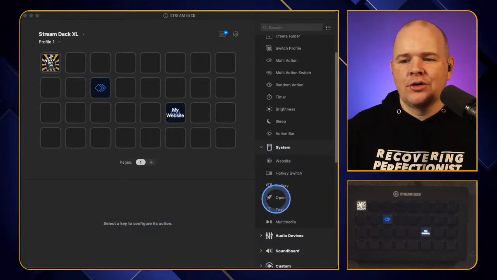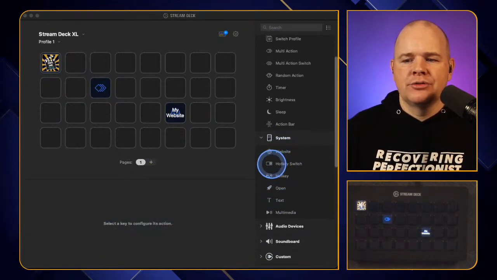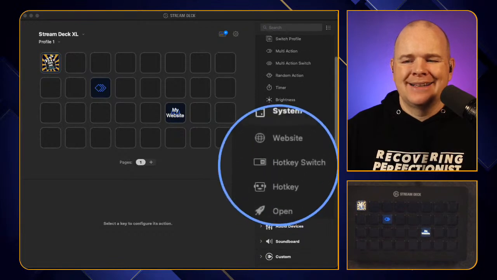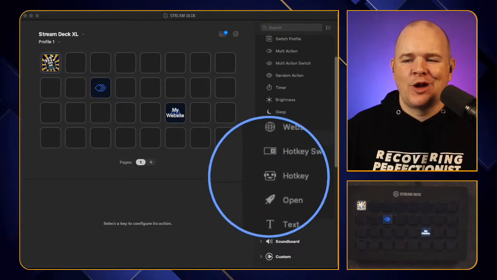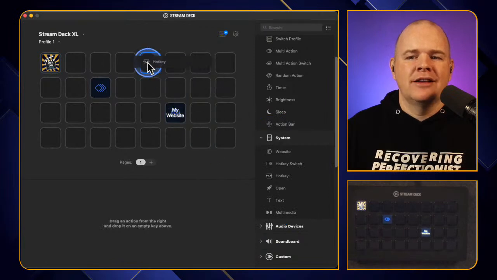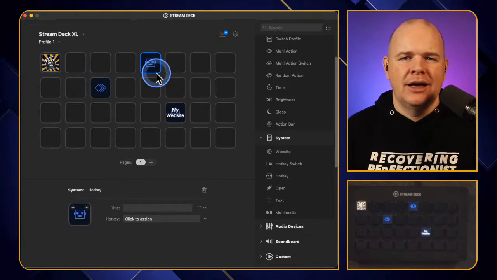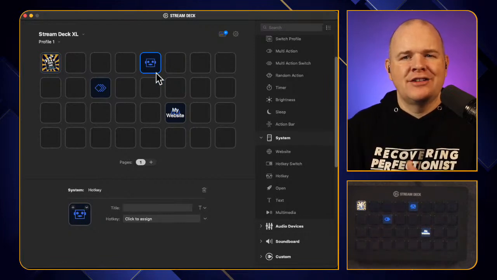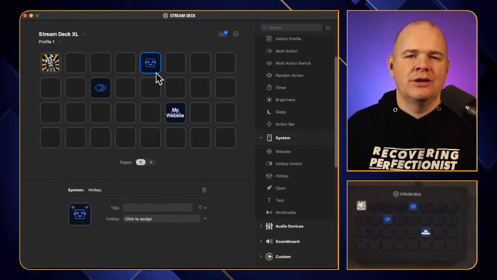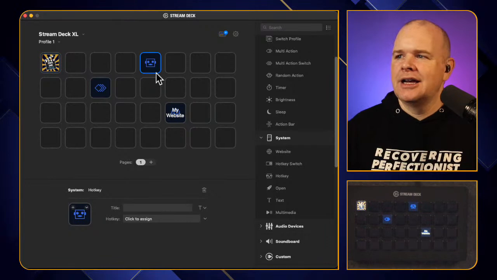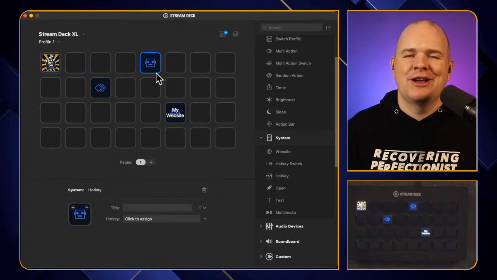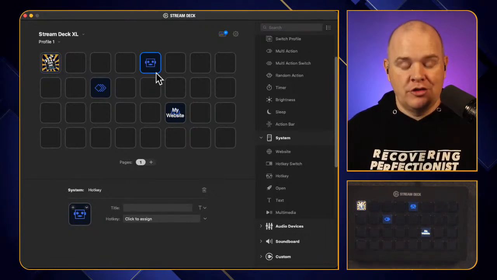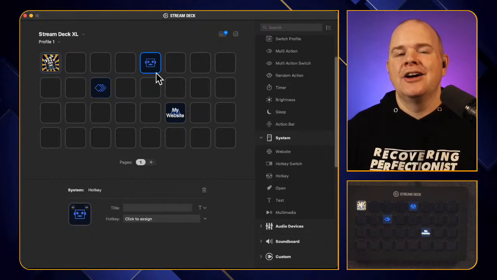So let's go through and have a look what other system controls you've got. The next one is, I'll skip over the next one actually. I'll come straight onto Hotkey. A hotkey is basically just anything where you would previously do it with a keyboard shortcut sequence or combination of keys, or I suppose it could just be an individual key. But like if you were doing Command C for copy and Command V for paste, you might want to just have a button for that,